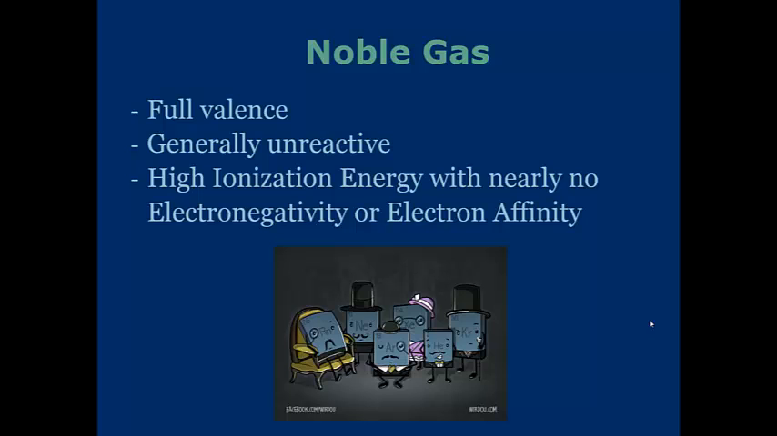The last family we're going to go into is the noble gas family. This family is interesting because they have a full valence, making them generally unreactive. Because of this, they have high ionization energies and nearly no electronegativity or electron affinity. If you remember, ionization energy is the energy it takes to remove an electron. Obviously, noble gases have a full valence, so they're going to be extremely loath to remove electrons from this full